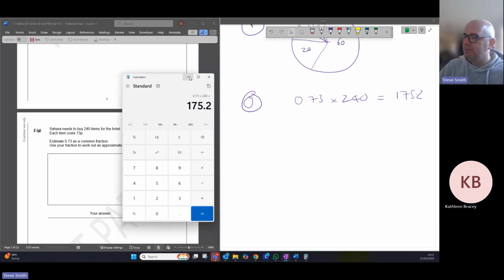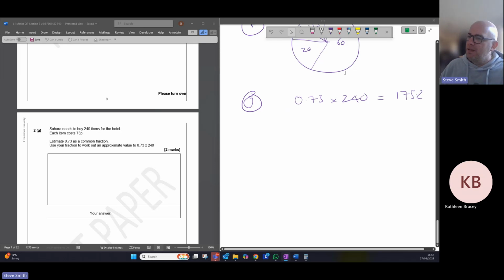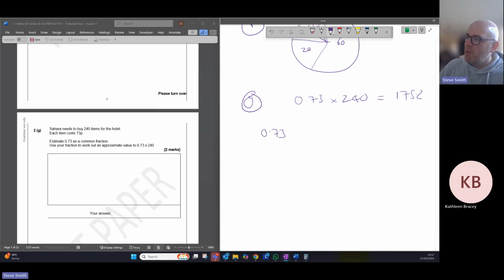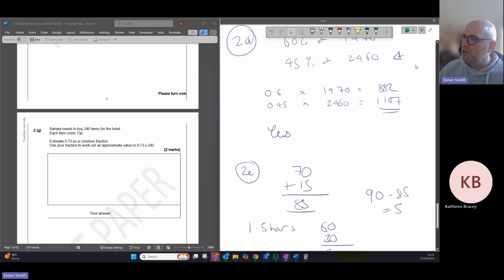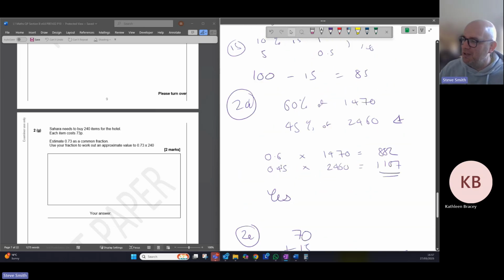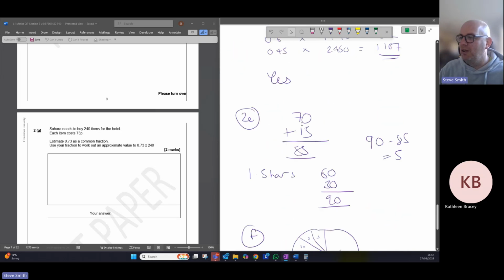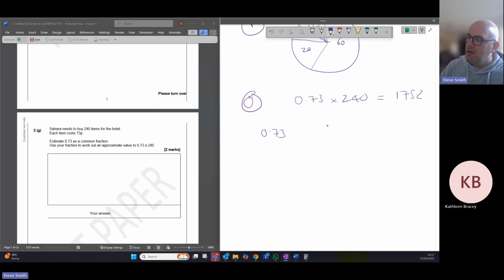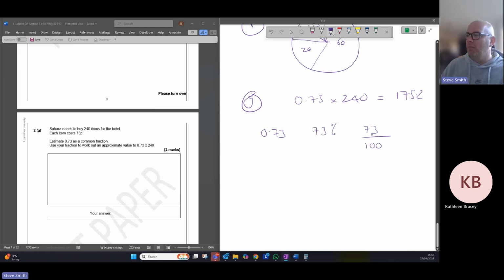So what are we going to do here? We're going to look at 0.73 as a common fraction. Think about what we just did above. We said about decimals, and 0.6 was 60%, 0.45 is 45%. So 0.73 is 73%. And 73% would be 73 pieces in 100. So when we look at that number and we're looking for a common fraction,